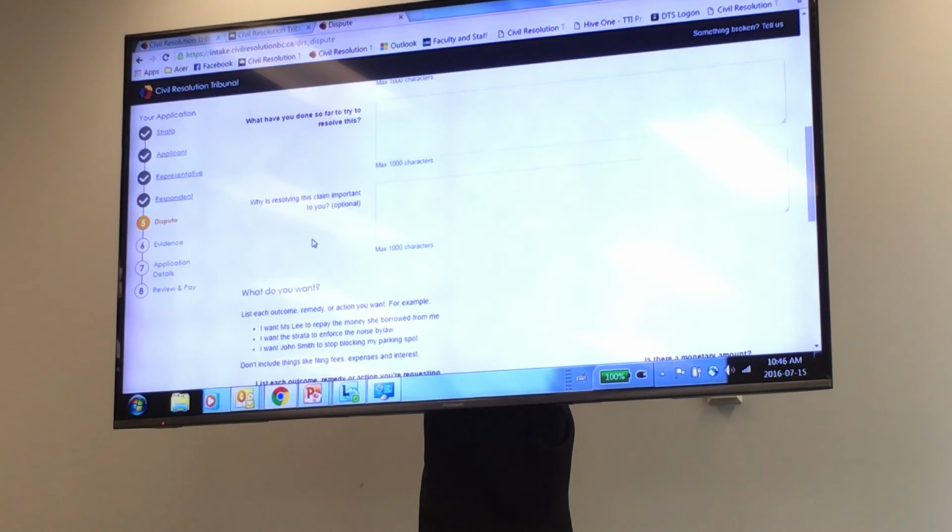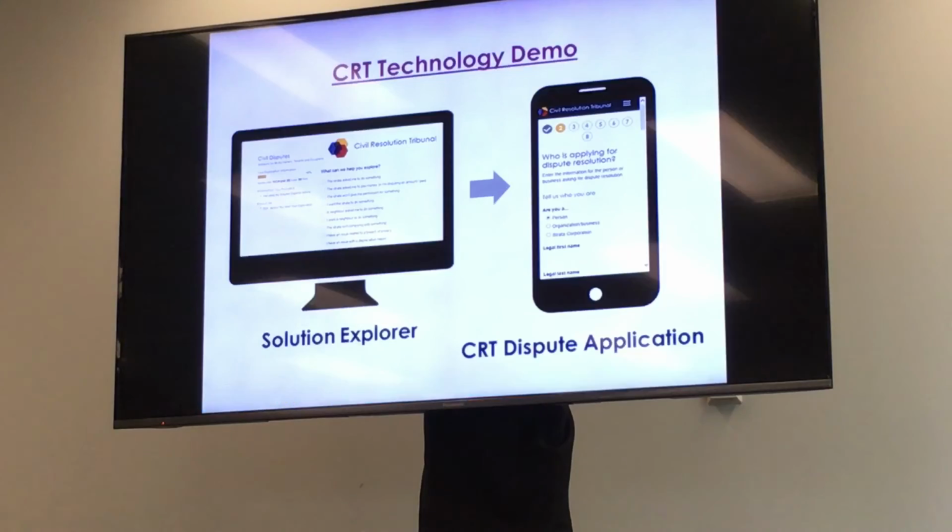After that, the person has an opportunity to add descriptions of evidence. They would then review their form, they would pay by credit card, they can also send us a check, or they can apply for a fee waiver right within this process. So after that, the intake form would be reviewed by our staff. We'll issue a dispute notice. The party can go serve that on the other parties and return that proof of notice, and then they have a claim, an active